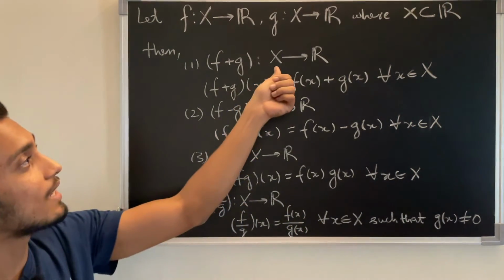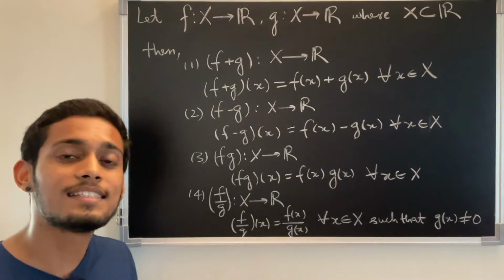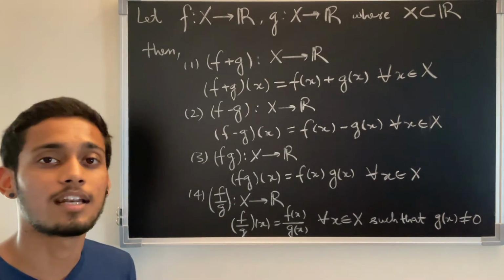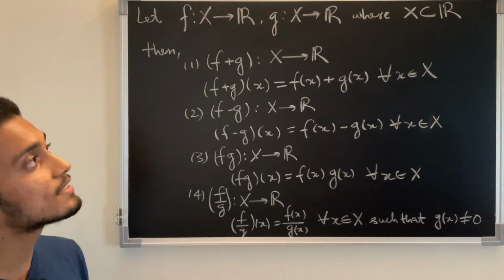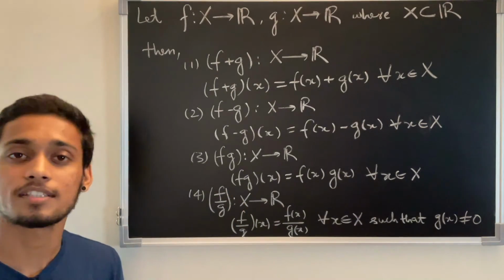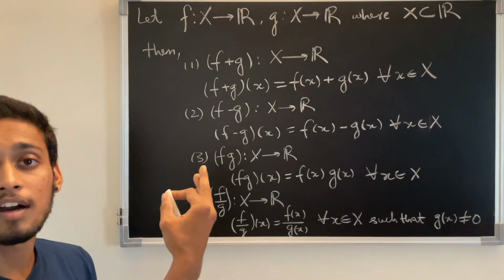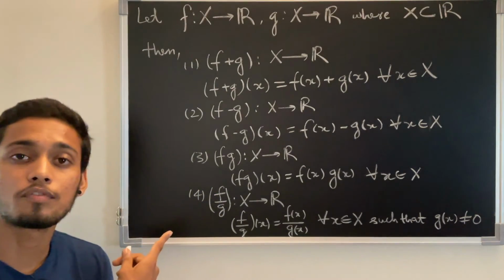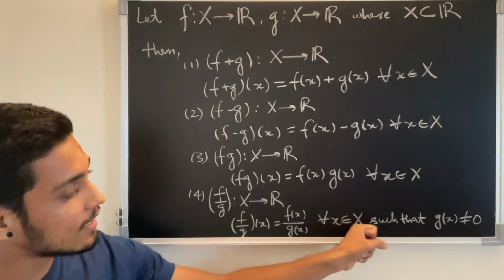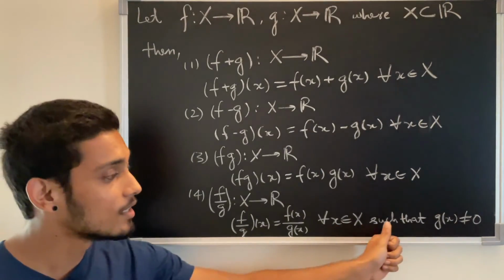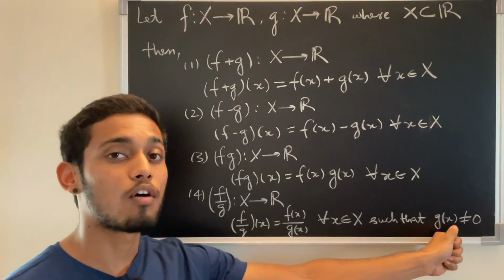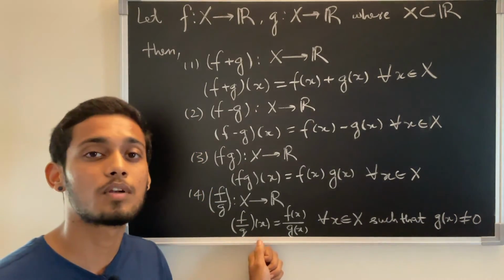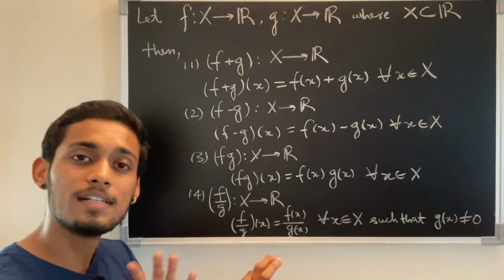So when we say x is a subset of real numbers, we are generalizing it for all real valued functions, because there are many which might be defined only for a certain set of elements in real numbers, not for all. In this way, we understand these basic operations on real valued functions. We have the sum of two functions, the difference, the product, and the quotient of two functions. Very clearly, I have mentioned that all elements in the domain are considered, but for the element which gives g of x as 0, that is, where the denominator becomes 0, the quotient of functions will not be defined. For all other elements, it's well defined.